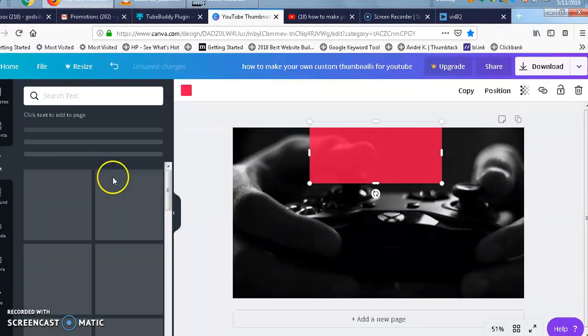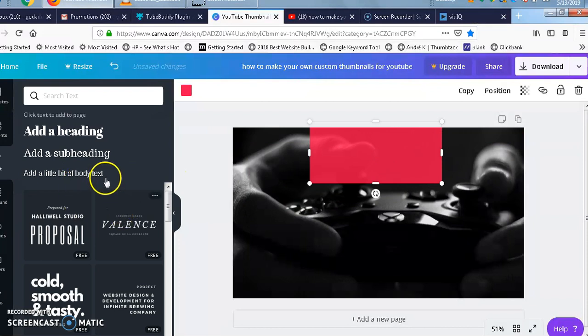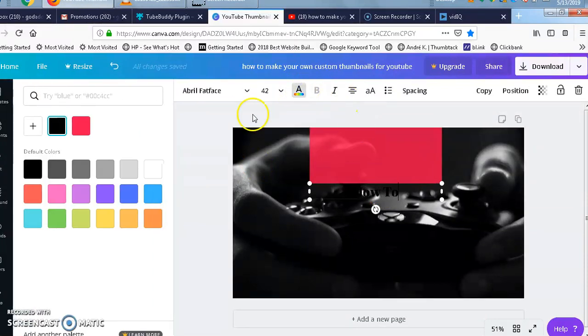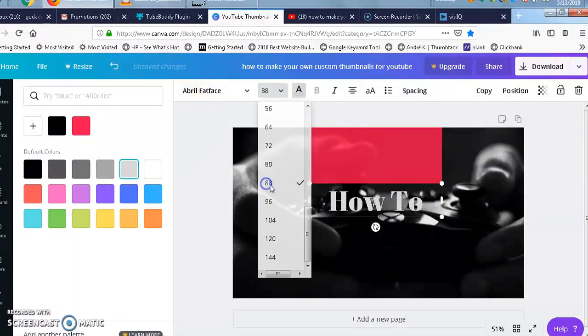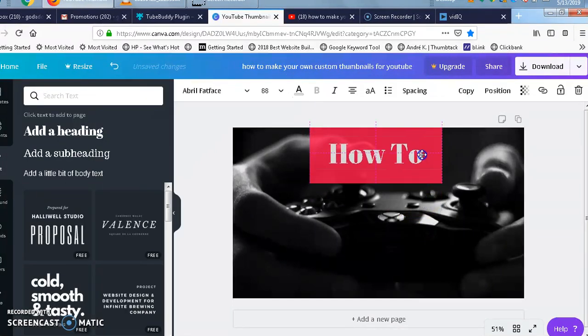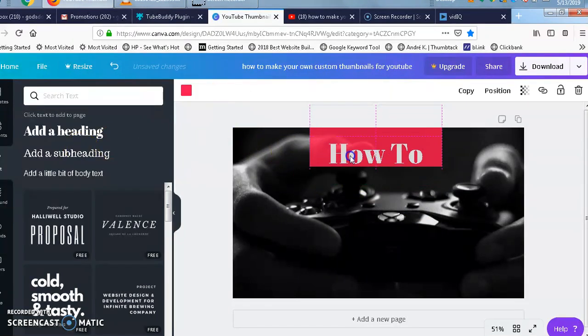We're going to add our own text. Text is over there to the left. I'm just going to do my own little style here. And I'm going to have two. Okay, we're going to change that color again. So I'm going to go with that one. I'm going to bring up the font. Right. I click off of it, then I move it up. Okay. And I'm going to take this, I'm going to move it up to,